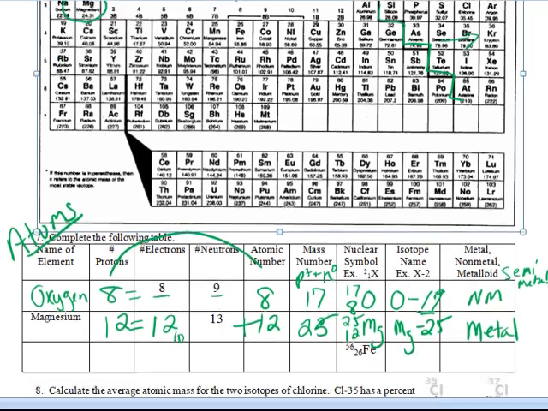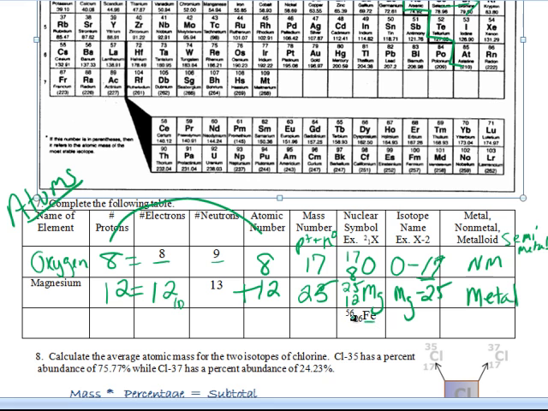And finally, we got iron here. Now we have enough information in this nuclear symbol to complete the whole thing without even looking at the periodic table. First up, we know the symbol. We know it's iron. Next, we know 26 is the number of protons, because that's the atomic number. And we also know if you have 26 protons, you have 26 electrons. We know 56 is the mass number, and if we do 56 minus 26, 30 is our number of neutrons. So then we can just complete this last isotope name, Fe-56,